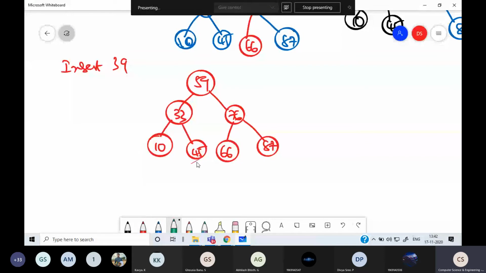So we reach an empty place where we can insert. So 39 is inserted. This is how we have to keep on building the binary search tree.